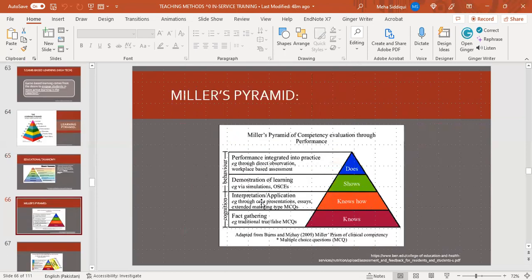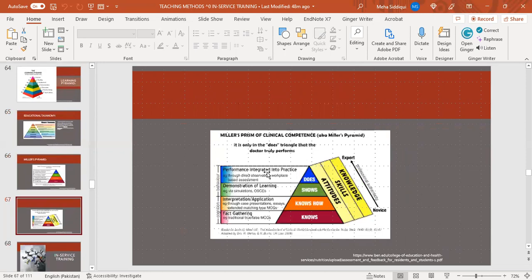Miller's pyramid. Miller's pyramid of competency in relation to performance, according to it, taking from the base to the top, is fact gathering, interpretation, demonstration of learning, performance integrated into practice. And we have Miller's prism of clinical competence. In this, at the top is